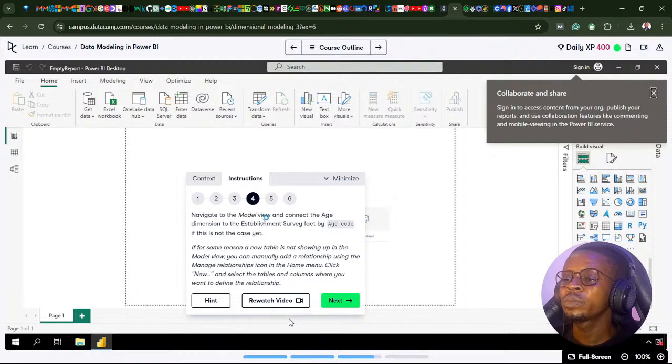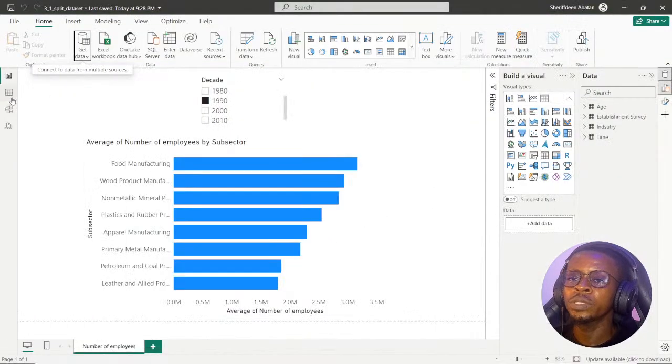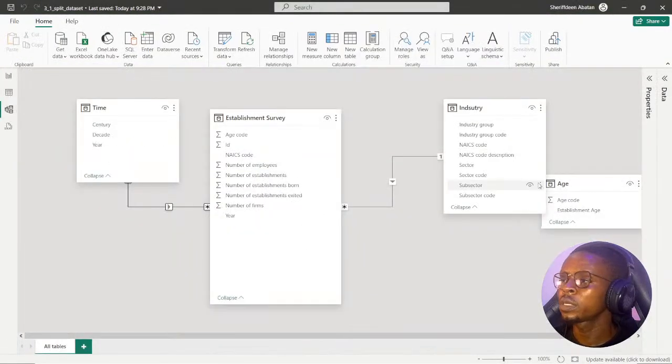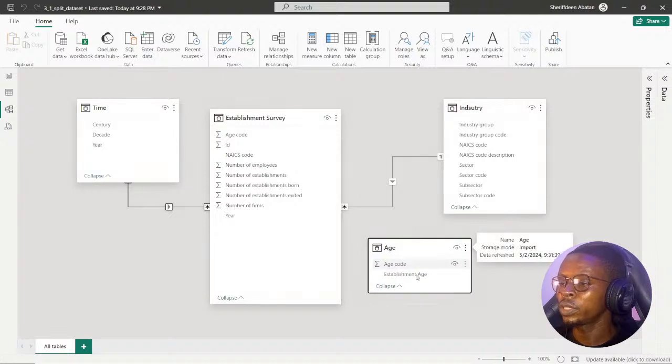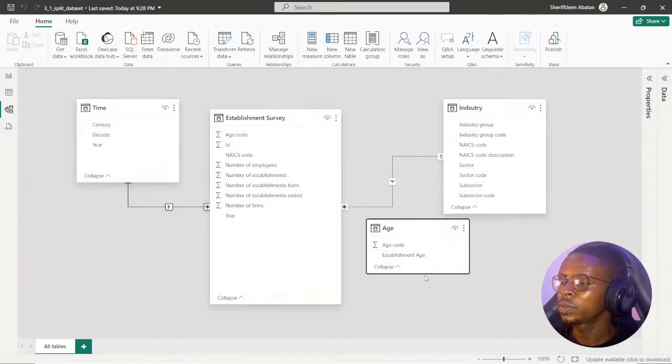So it now says navigate to the model view and connect the age dimension to the establishment survey facts by age code if this is not the case yet. Okay, so we can see right from the model view. Let's check. Oh, it is not, there's no connection yet. So we need to connect